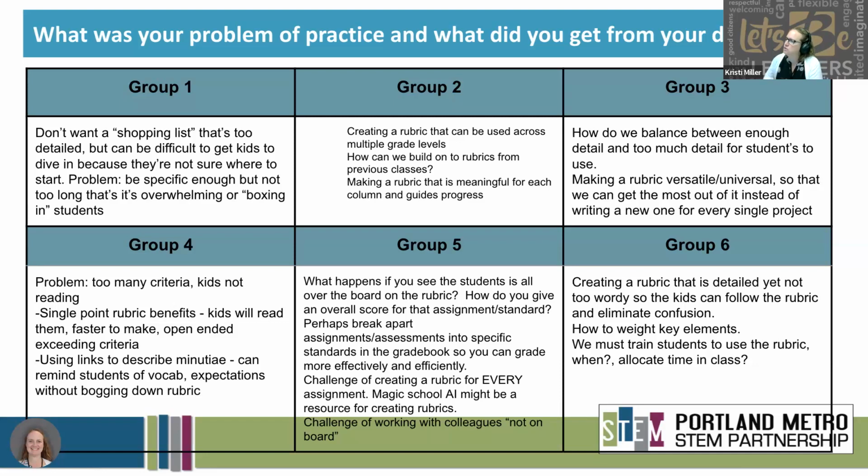Group 2 had an interesting thing too, talking about using rubrics across multiple grade levels. So this is vertical articulation at its finest, right? A great example of this is writing a CER. What does that look like in 9th grade? What does it look like in 10th, 11th and 12th? So we're taking the same rubric, but we're changing our language in the rubric to show an increased complexity, to show a deeper analysis, right? Like our skills are getting better and better at our analysis and our reasoning as we progress through the years